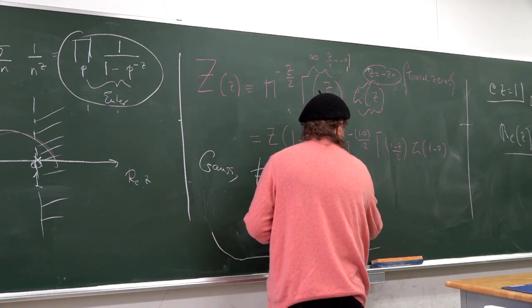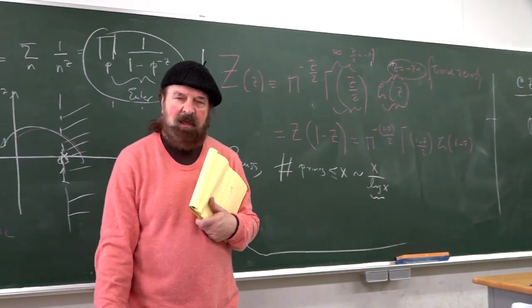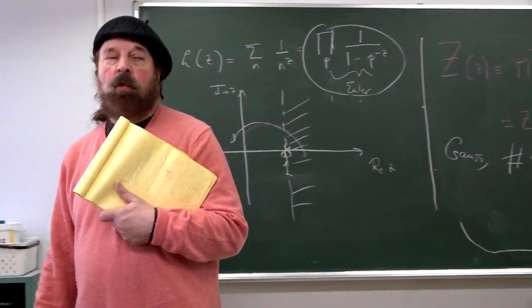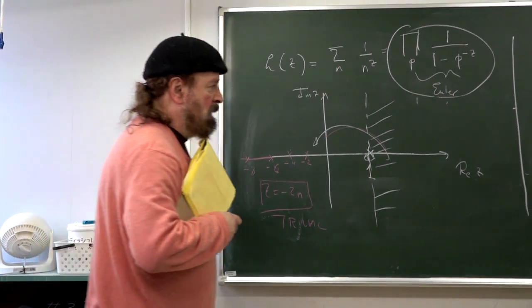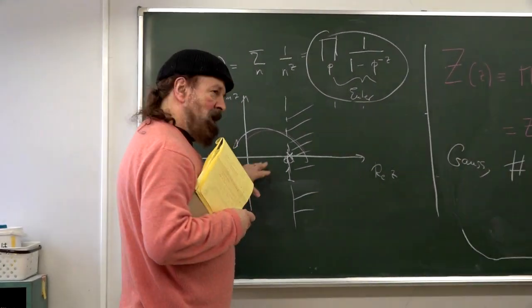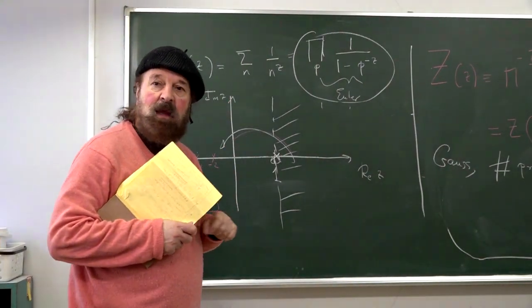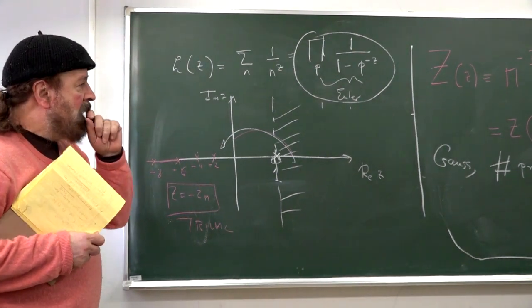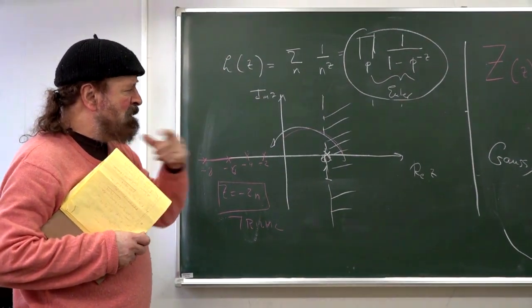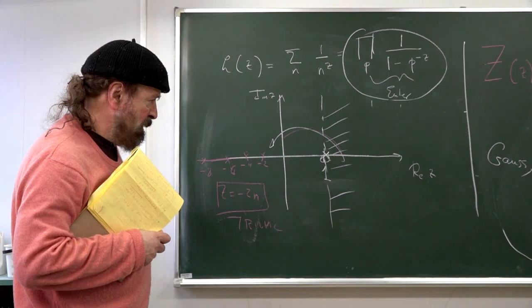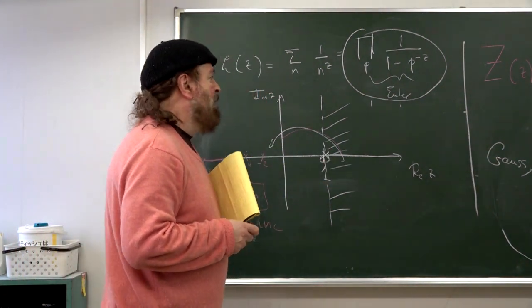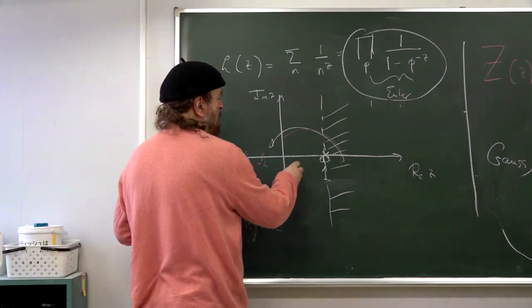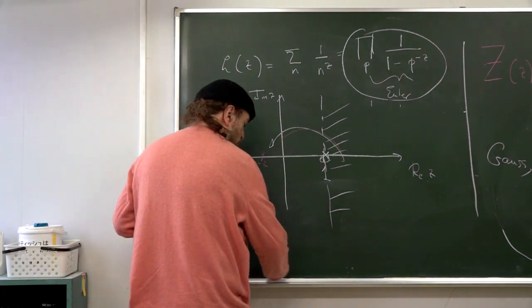Okay, this was Gauss' asymptotic formula. So Riemann wanted to find a correction to Gauss' expression, and this is where the Riemann zeta function came into being for Riemann, and he found a correction to the Gauss approximation to the number of primes less or equal to a given number, and he found that there were